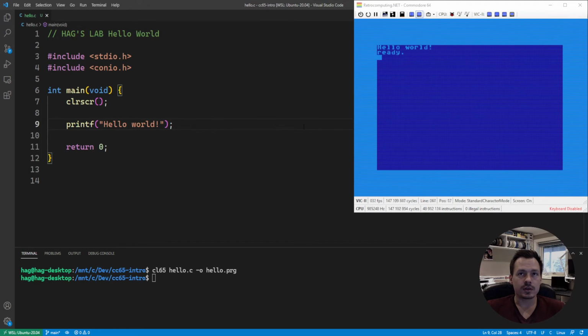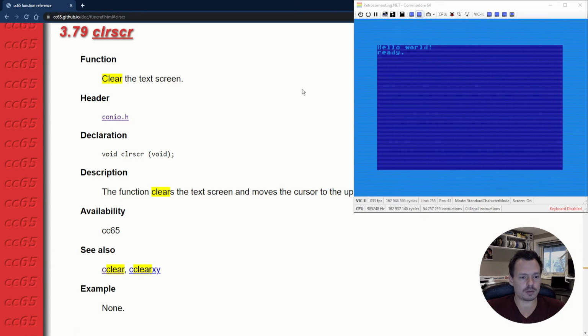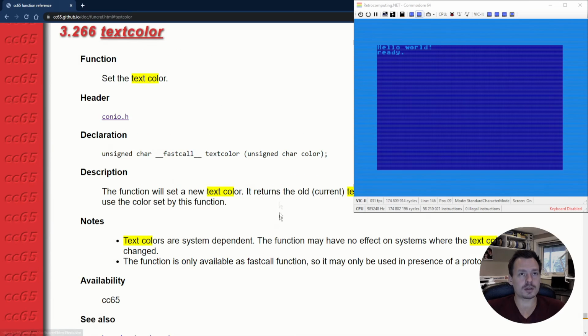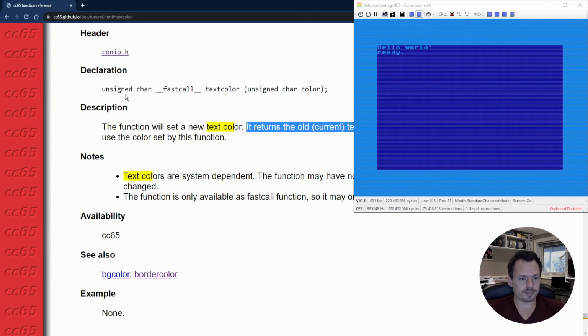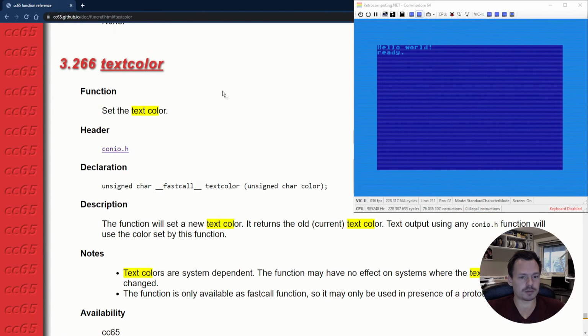Let's fix the color first. So let's just change the text color to white before we print the text, maybe. To do that, we have to find a method to do that. So text color, set the text color. Okay, so that just takes a char to set the color, and it returns the old text color. Yeah. Okay, so that's good. So text color,